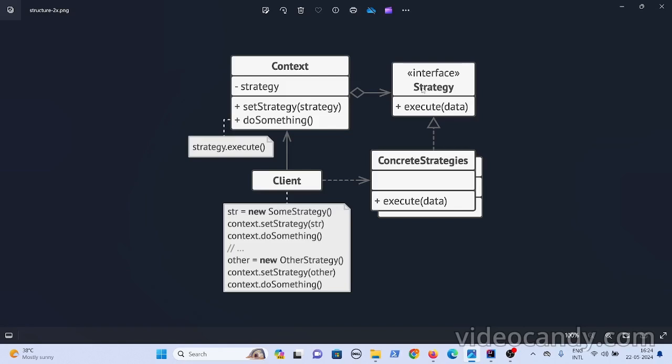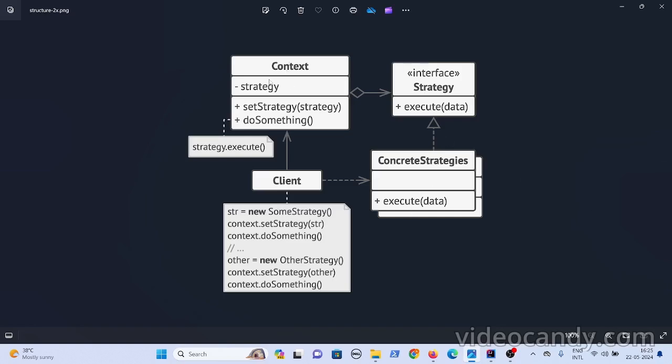Now I had explained about the navigator class, right? But there are so many examples in the real world. Let's say you talk about a payment processor. Initially, even you would have seen, there was only a debit card processor. The payment processor was only accepting debit cards, and later on it started accepting credit cards. Later on Paytm. Now you can see UPI, right? So this way you can have multiple strategies.